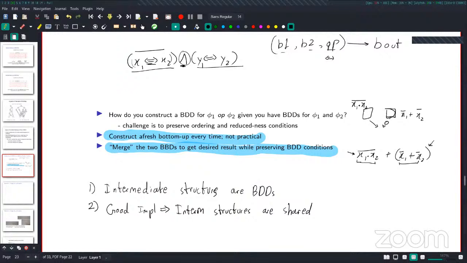So this is basically the idea that you want to follow when you're constructing BDDs, right? You want to go by the syntax of the arbitrary formula that you're given, and you want to keep merging the BDDs that you get. So you want to generate the BDD of the left expression recursively, the right expression recursively, and then merge them. So now the question is,